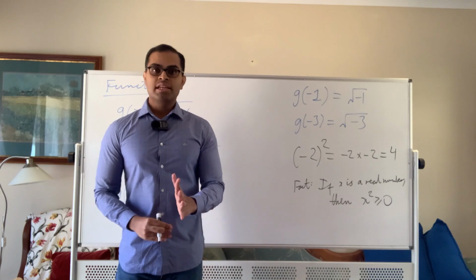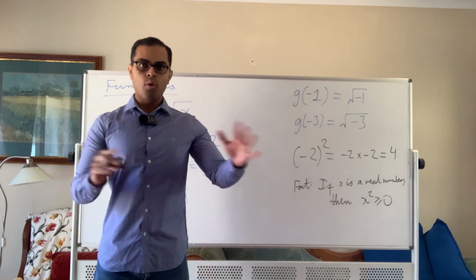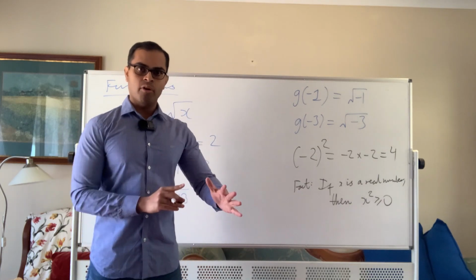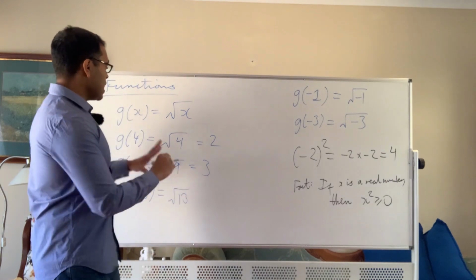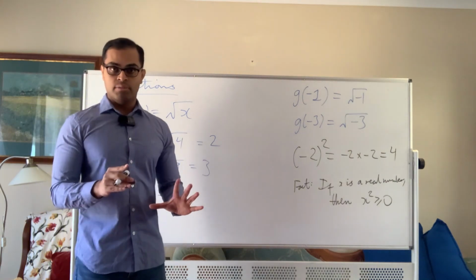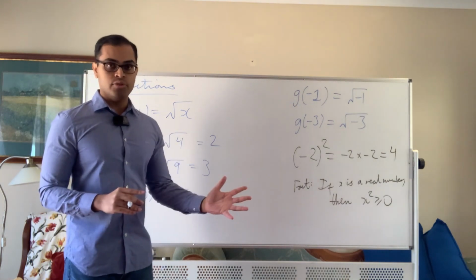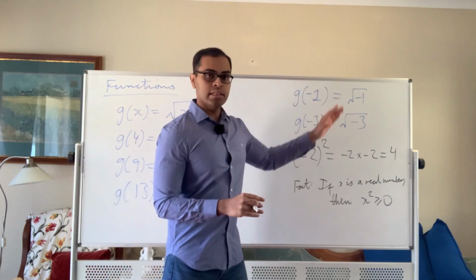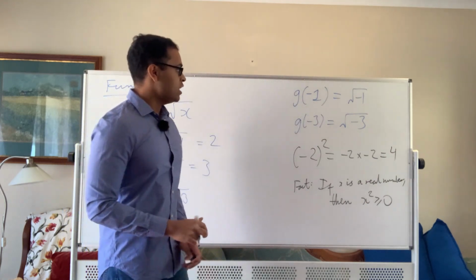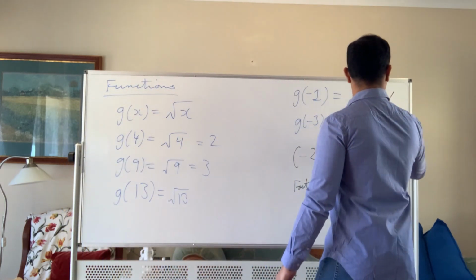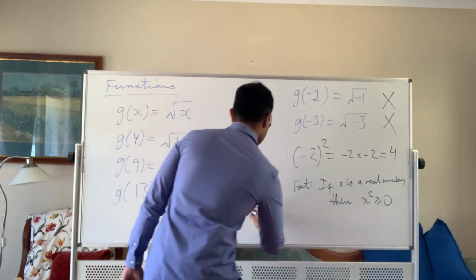Now, if you've hypothetically seen complex numbers, that's a whole different kettle of fish. I won't talk about it in this video, but suffice it to say we're talking about real numbers when we're talking about these functions. So complex numbers don't come into it. So you cannot really take the square root of minus 1 and the square root of minus 3. They don't make sense. So we would say the domain of g